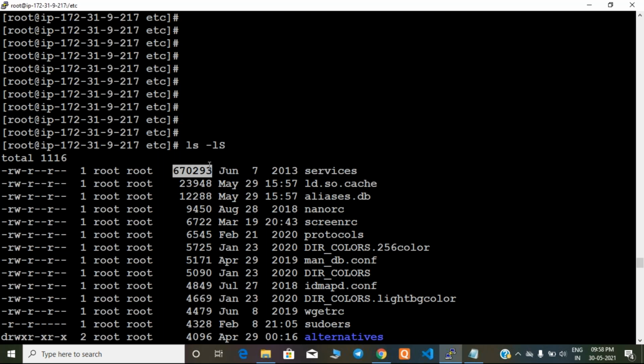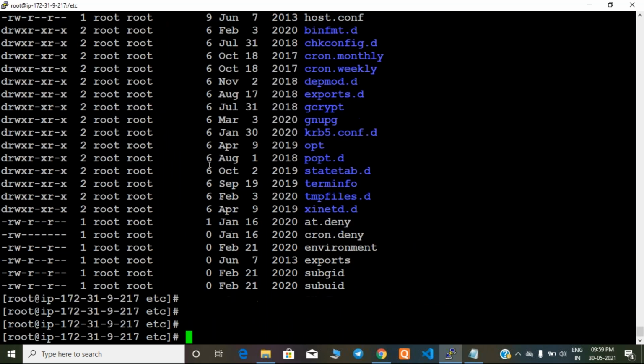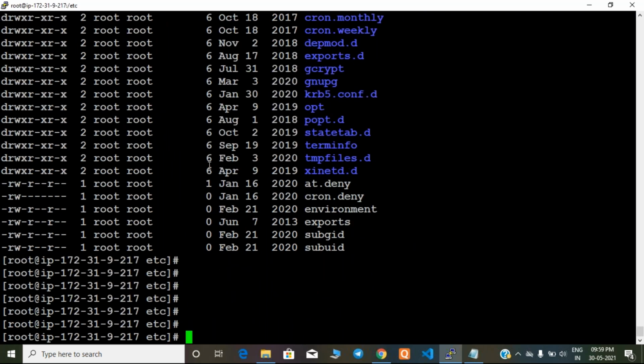Okay, because ls is for listing only, but in ls there are so many options. You can change it time-wise, you can make it size-wise, you can make it alphabet-wise. So by using an option you are changing this behavior. So not only the ls command, guys. Example, what is the cat command? The cat command is to create and open, right?